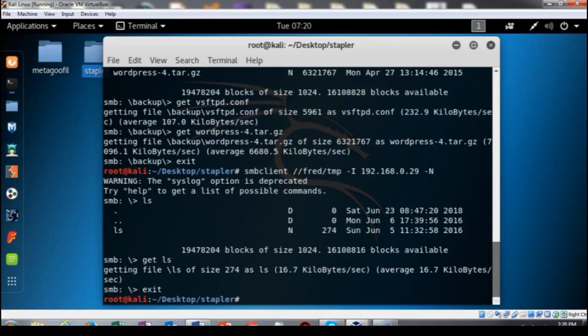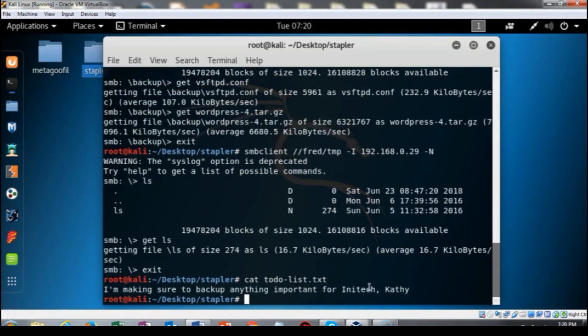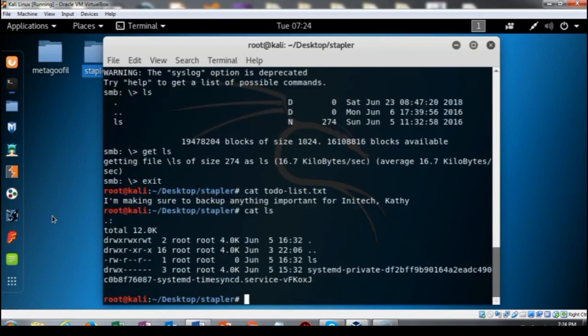So now what I'm going to do is cat out a couple of those files and see what the contents are. We're going to begin with the to-do list. So I'm going to do a cat and the file name, and I'll hit enter. And it says I'm making sure to back up anything important for Initech, Kathy. We can go ahead and see what's inside of that ls file. So I've typed in cat space ls, and let's see what we got in here. But aside from the files and a couple of names, the information that remains proves to be rather useless,